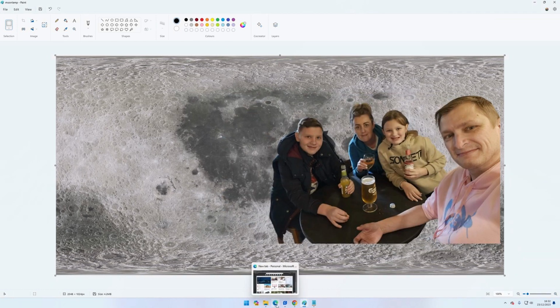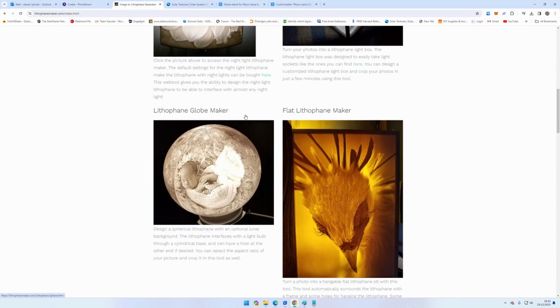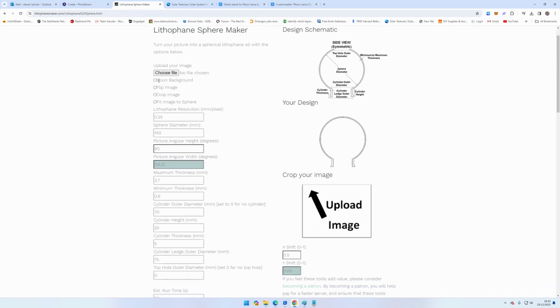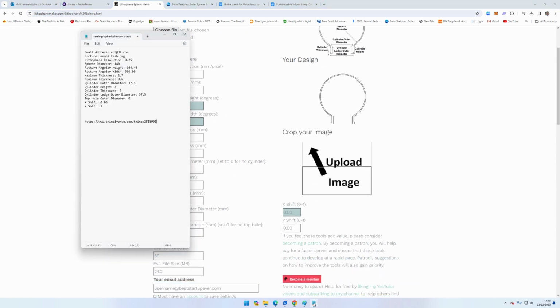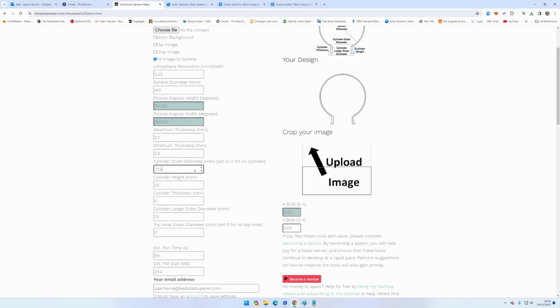save, and then what we'll do, we'll come over to lithophane and navigate to the globe. Okay, so for the moon lamp, we don't need the moon background because we're doing our own. We just want fit image to sphere. We'll keep it as 140, and these are the settings that we've got. Alright, so what we need to do, 140. Not really worried about those. That was set itself, so this is the one, 37.5 for here,